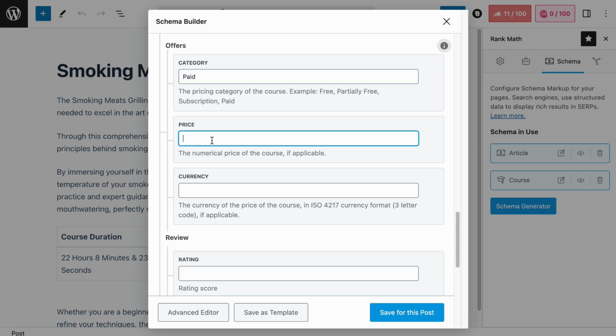The price field is self-explanatory. If it is free, add 0, but for example, if it is $19 US, you will add the currency as USD 19. This ISO 4217 currency format is something that we are familiar with. If it is Singapore dollars, it will be SGD, Euro will be EUR, and Indian rupees will be INR, and you will add the appropriate price according to the currency. Simple as that.